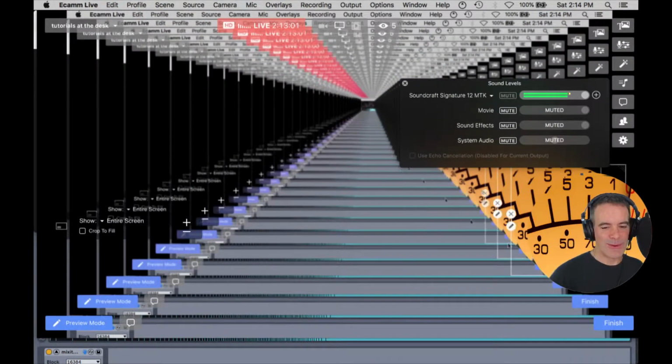The tunnel. Woo! Which button's the right button? Oh, my God. I can't get